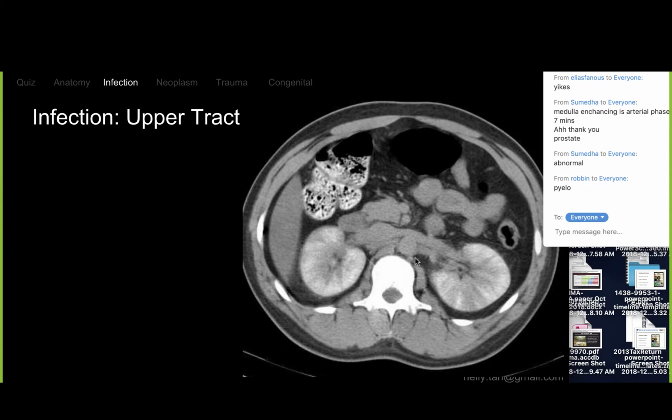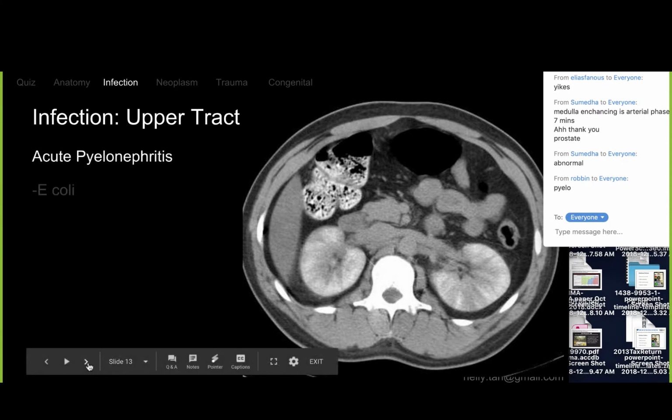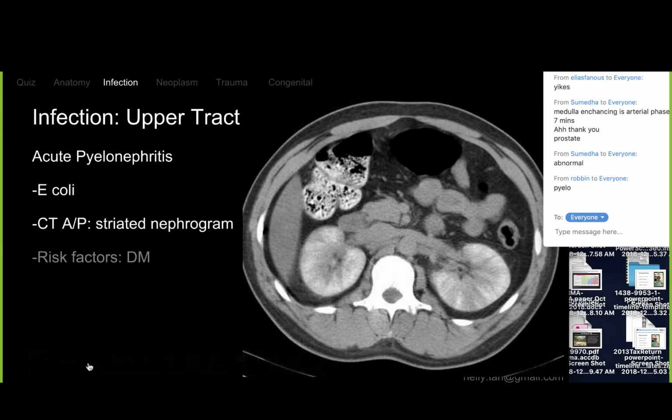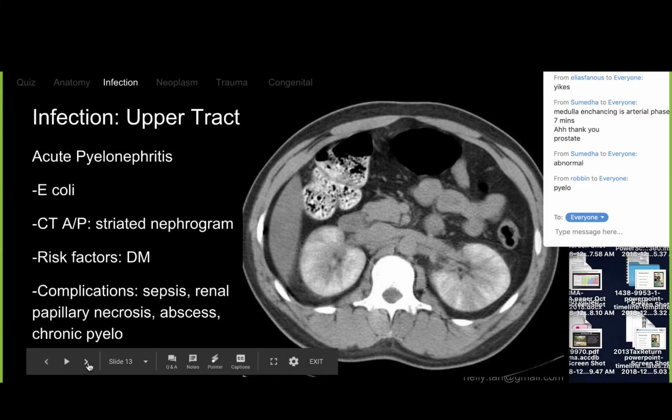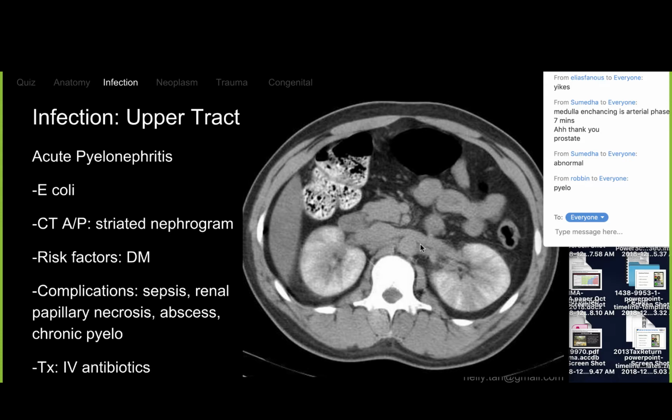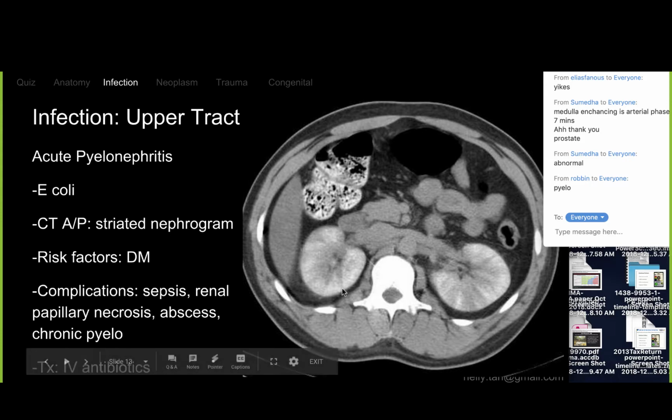Pyelo. Good. So pyelonephritis is an infection of the upper tracts, and it usually stems from the lower tract, so cystitis. Patients who have diabetes, for some reason, are at an increased risk. Actually, they get a severe form of it called emphysematous pyelonephritis, where you get gas-forming infection. It's bad, severe, and this has to be treated because patients can rapidly deteriorate and have septic shock,